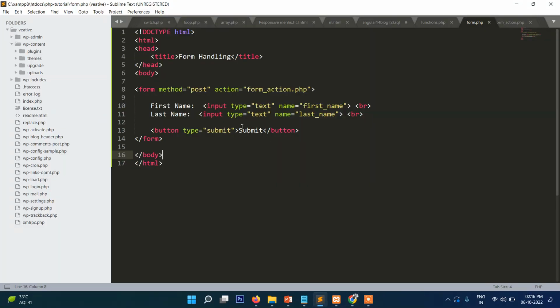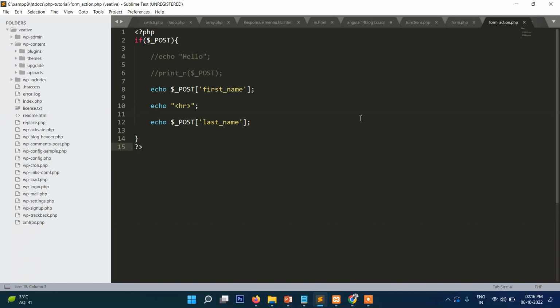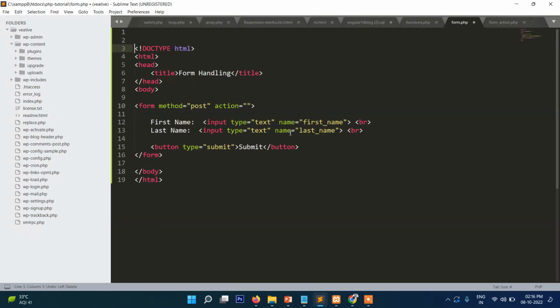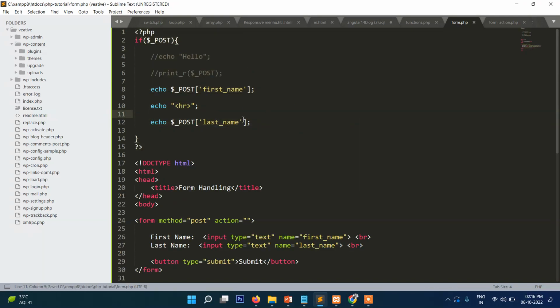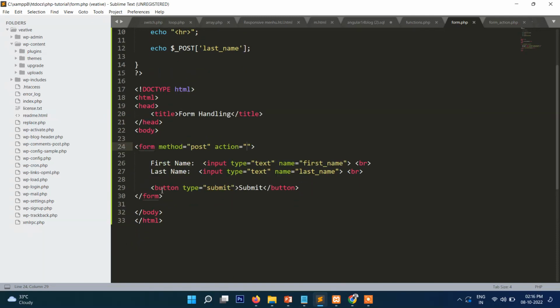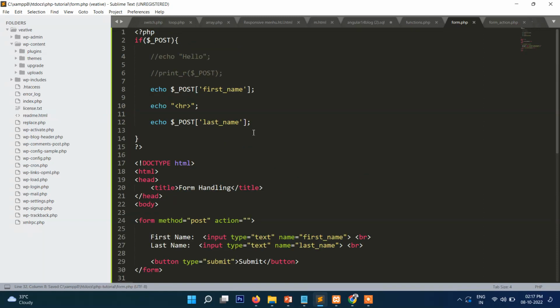So sometimes to save the page we write the same code, because in this case we have to take two pages. So for simplicity what we do, we simply put the code into the same page and just write here action blank. And remember one thing very important here, that the type will be submit. And based on this, for example,